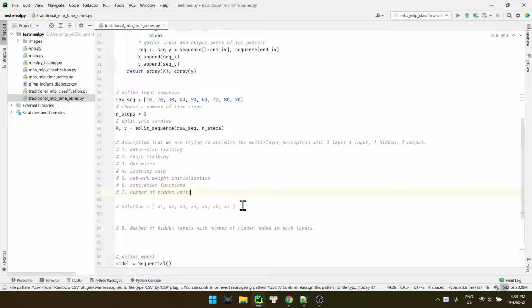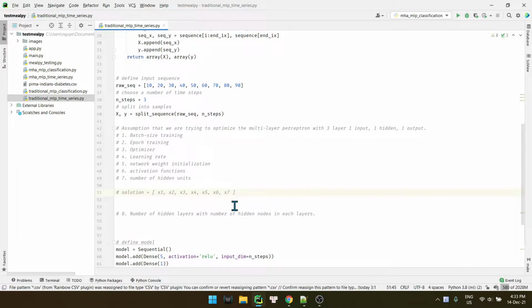So now, if you want to also optimize the number of hidden layers right here, let's just say we got a guess, but you also have to optimize the number of hidden nodes in each layer.